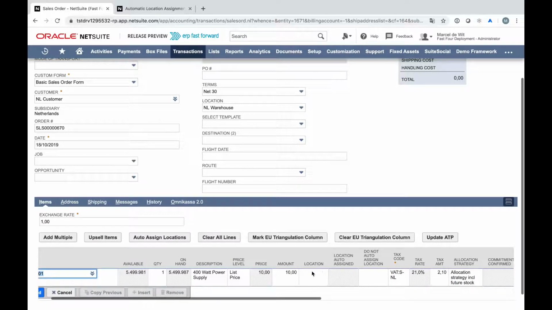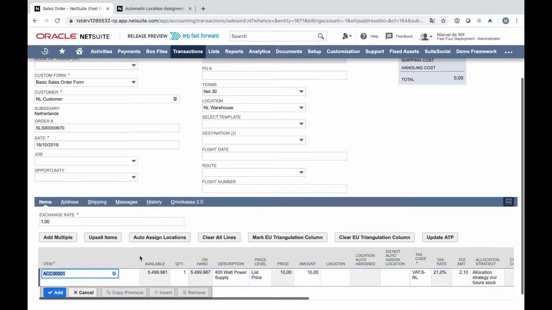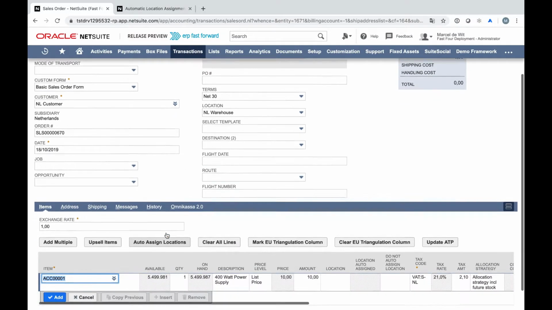Now, I'm obviously not going to fill out the location because I want the system to allocate it automatically based on the shipping address of this particular order. Now, once I save this,